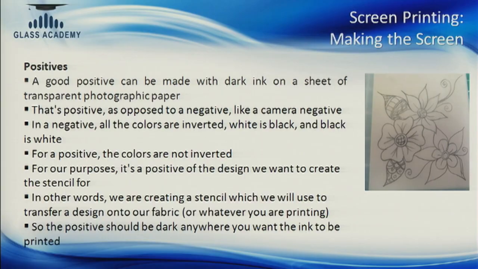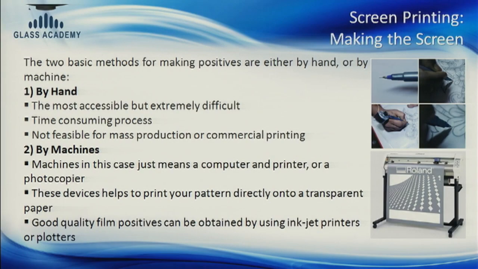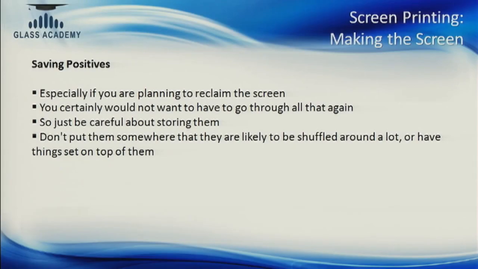We'll go through the process of making the positive. You can make a positive by hand as well. There are several artistic people who want to create art by doing this by hand. As I explained, a positive is nothing but putting a black ink on a photographic paper. So you want to block the light that's going through. But more often than not, it's done through machines. There are a lot of wide format flat jet printers available, where you can make your patterns and then transfer them onto these transparent sheets, where the accuracy can be maintained, and good quality films are available to do so.